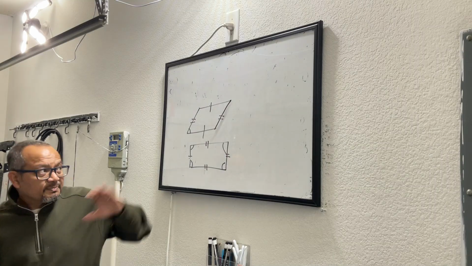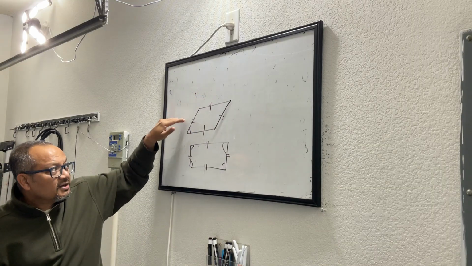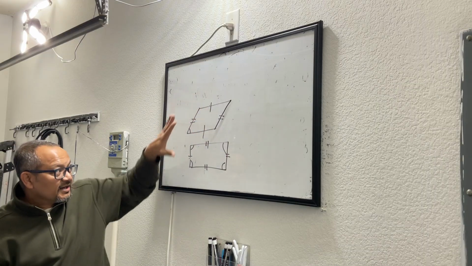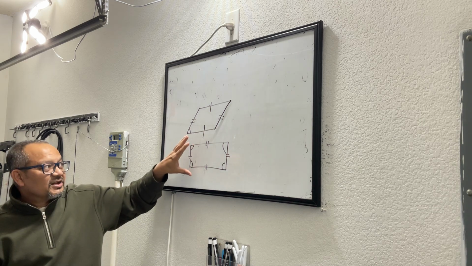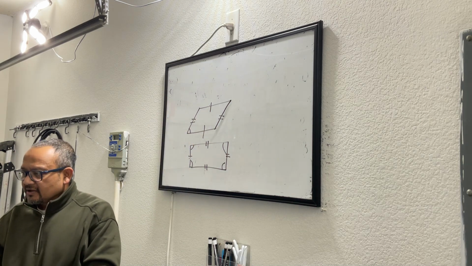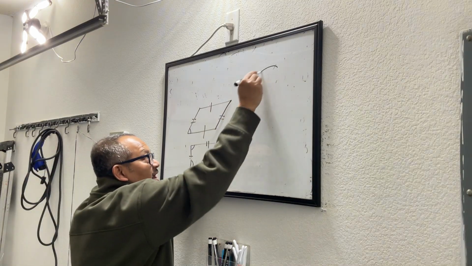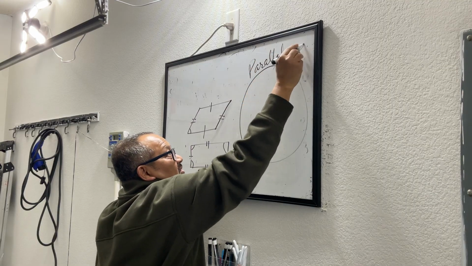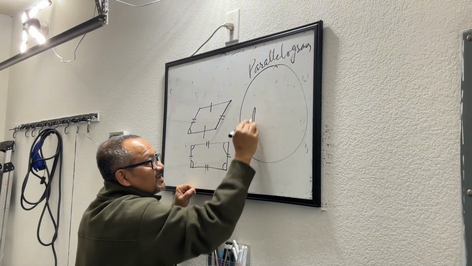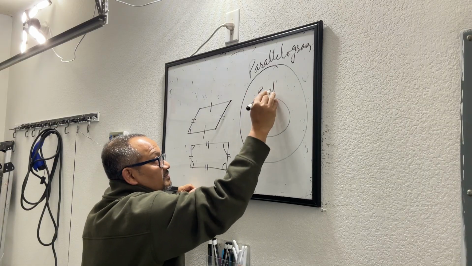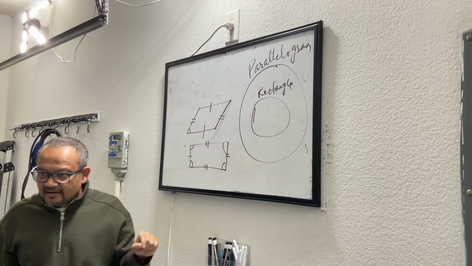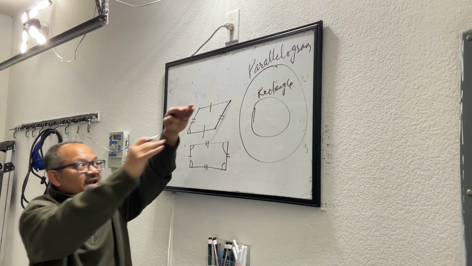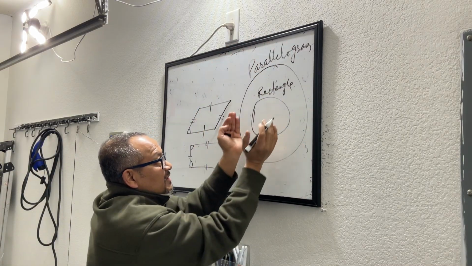So when you talk about a parallelogram, you are saying that opposite sides are equal and parallel and the angles may or may not be 90 degrees. When they are all 90 degrees, it is a rectangle. If it is not, it's just a parallelogram. Okay? So if you visualize this as the parallelogram, a bigger family, a rectangle is a small baby in that family. This is not the drawing of a parallelogram by any means. These are circles. I'm just saying, a parallelogram is a bigger bucket inside which you have a rectangle.